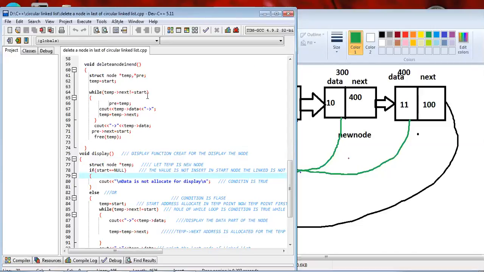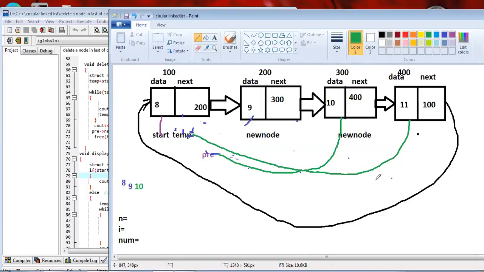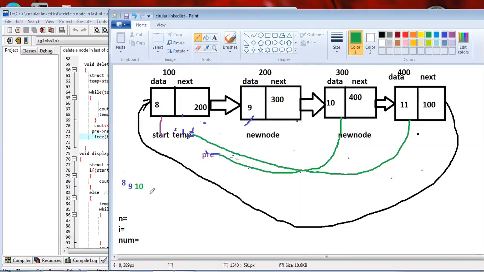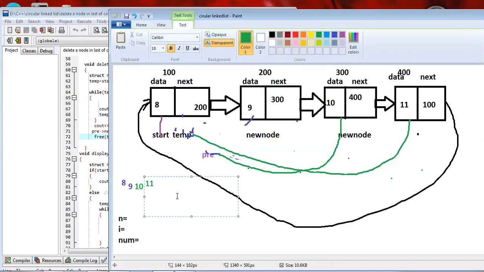Again the condition is checked, temp next not equal to start, the condition is false because the value of start is equal to temp next, then the loop is terminated. See out temp data, temp points to this node and this node contains the data 11. 11 is displayed on our screen.